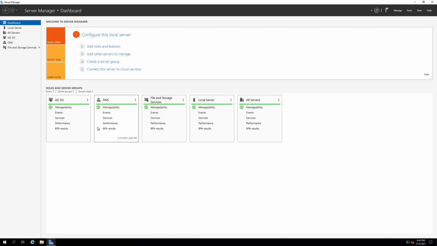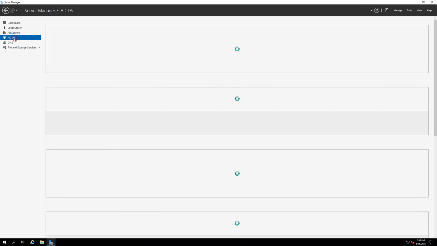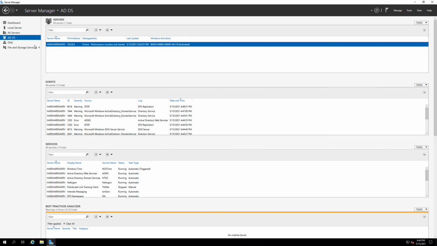However, I would like to show you the differences because it can give you a clear picture that this kind of structure we can create and this kind of information we can have in Active Directory, and that's how we can see similar information in Azure Active Directory as well. So here we have ADDS on the left-hand side. This is the name of my machine, and I have configured my Active Directory with